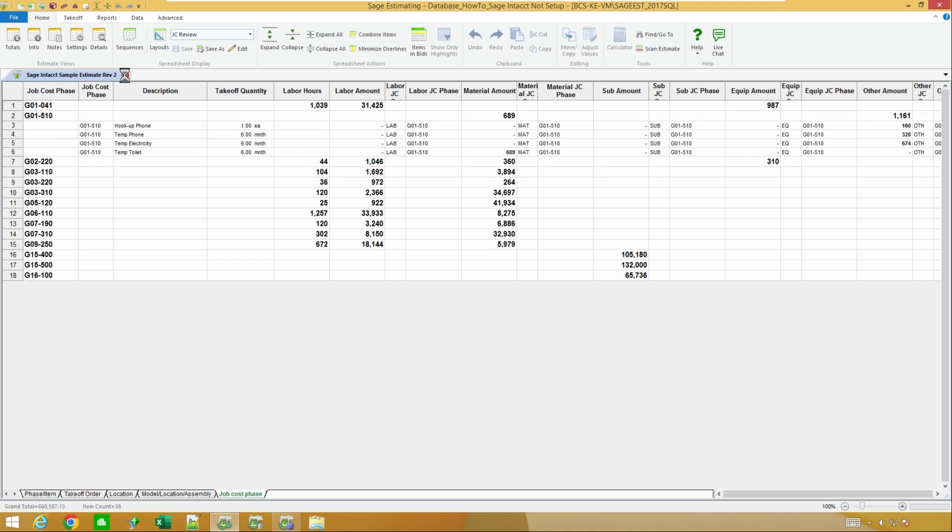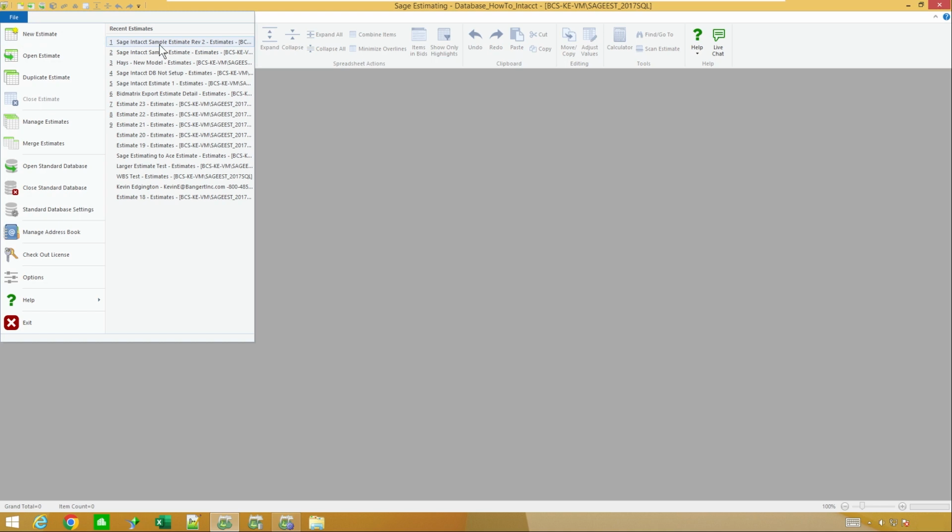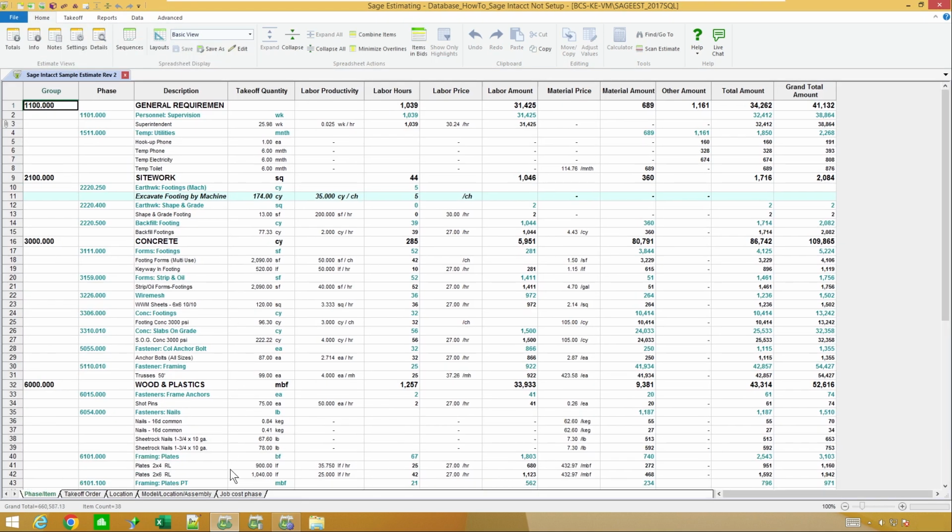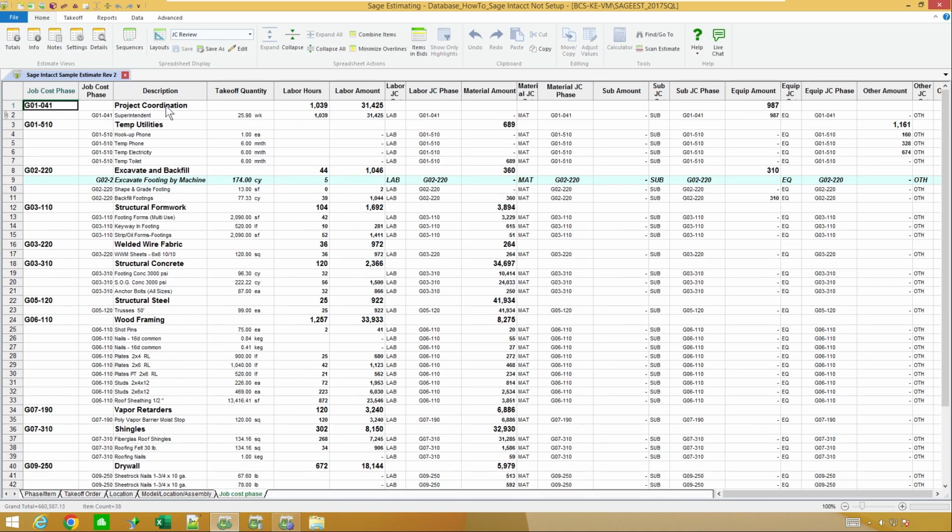So if I close this estimate down and come back into it so it gets a chance to refresh my cost codes, now when I take a look at my list of cost codes, I'll actually get a very nice description of what my standard cost code is associated with that. So that way I know that I'm lumping all together into that, and that into that. So I can see the relationship of where all these items are going.